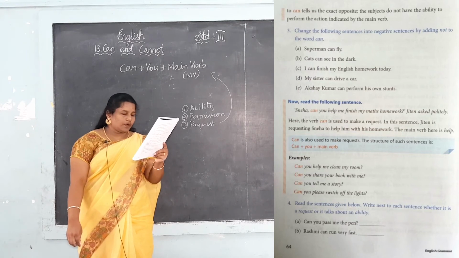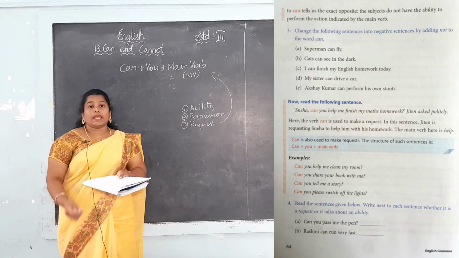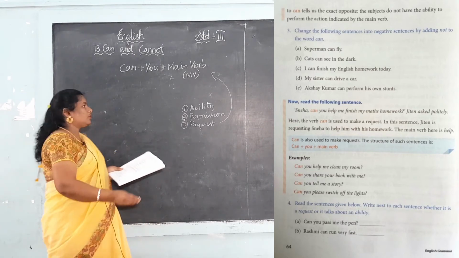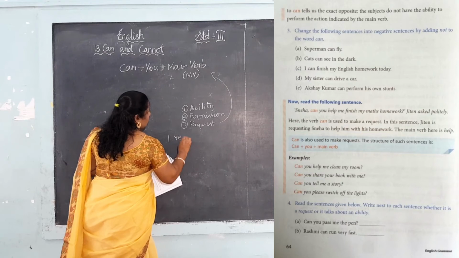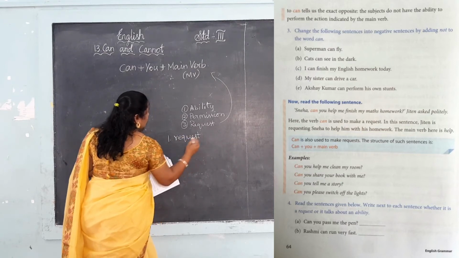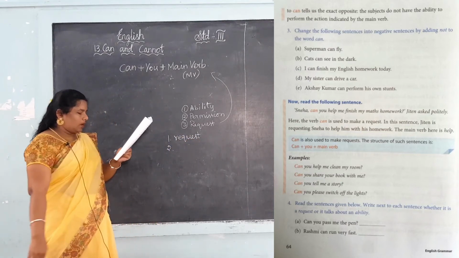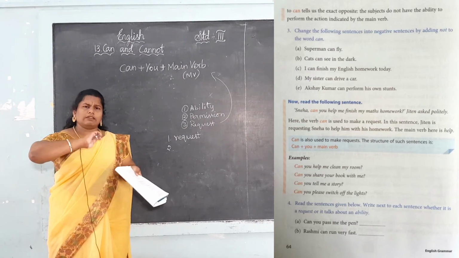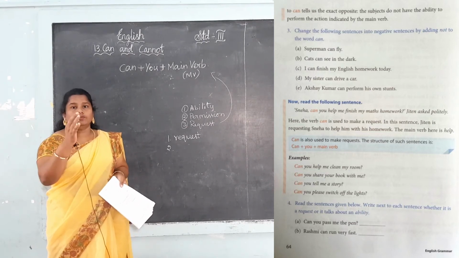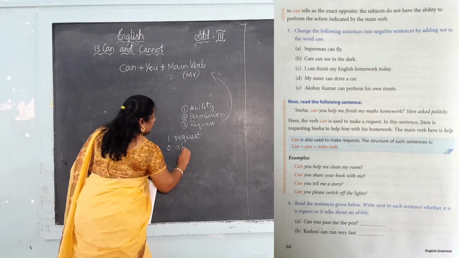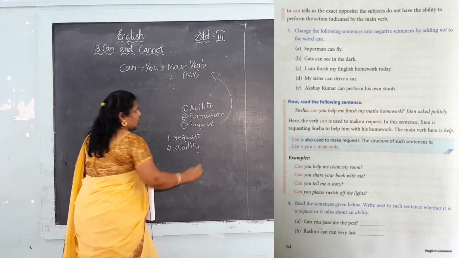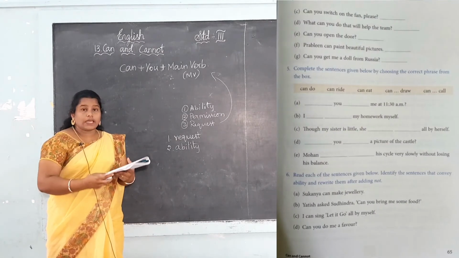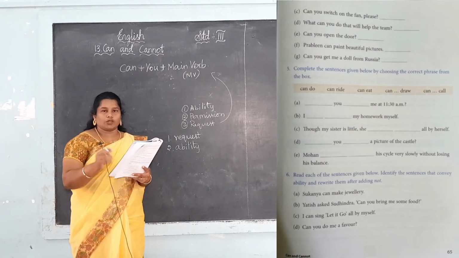Okay, first one, can you pass me the pen? அந்த pen அப்படி கொஞ்சம் pass பண்ணி விடுதியா? So it is request. In the fill up, you want to write request. And second one, Rashmi can run very fast. அவளால சரியான ஸ்பீட்ல ஓட முடியும், அவளால முடியும். So it is ability. Remaining things like this, you want to read the sentence and find whether it is ability or request. Okay, it is easy, so it is your homework.